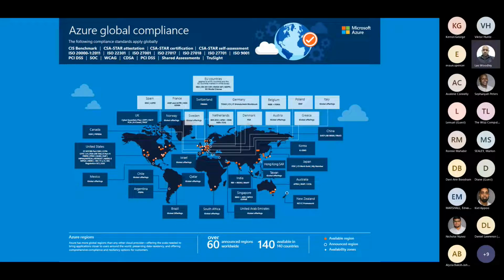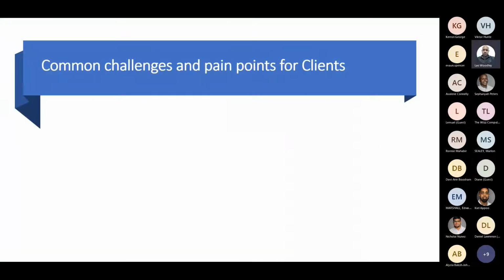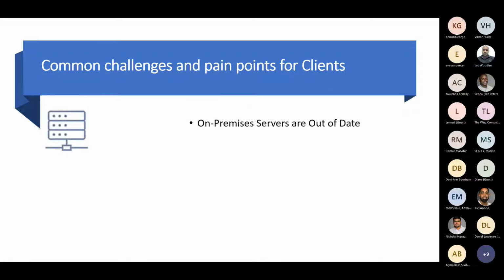Support for ISO 27001 and PCI DSS are all things that are supported within Azure. So how and when does an organization consider it's time to adopt cloud technologies? How do you know now is the right time to adopt? So let's help you frame where these things take us.